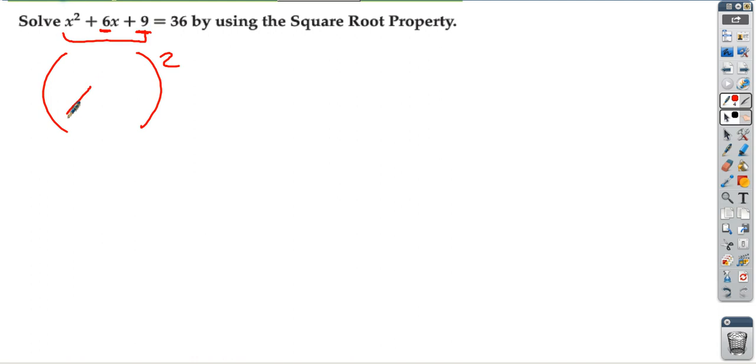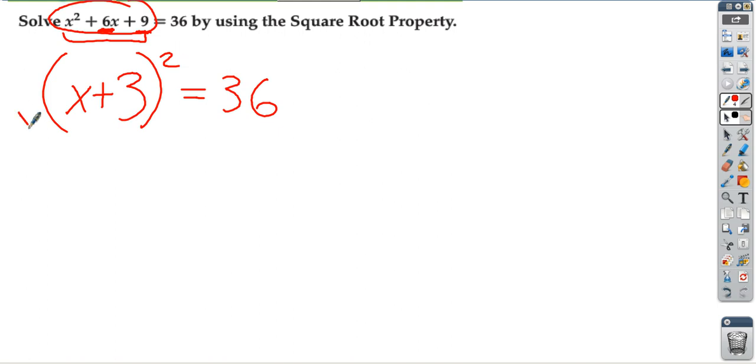Okay, what does that factor to? That factors to x plus, and half of that number was 3, so x plus 3 squared. You could verify that by FOILing it out, and you wind up back up here. So you want to solve that. That equals 36. Right now we can't subtract 3 because the x plus 3 is embedded under that squared